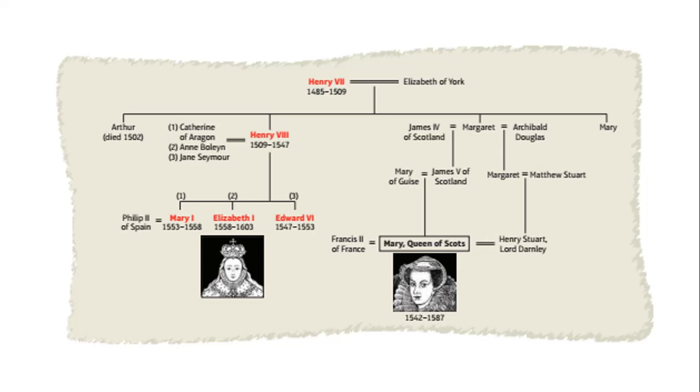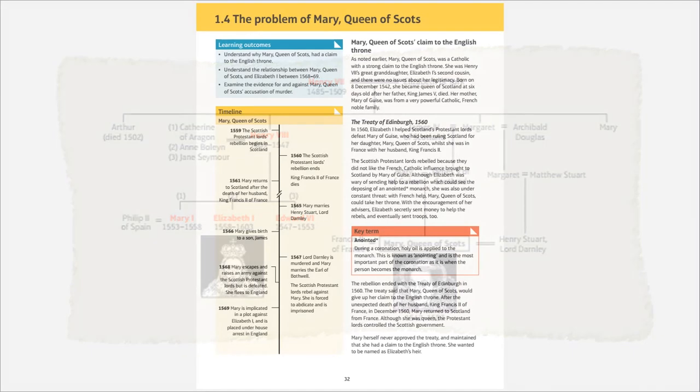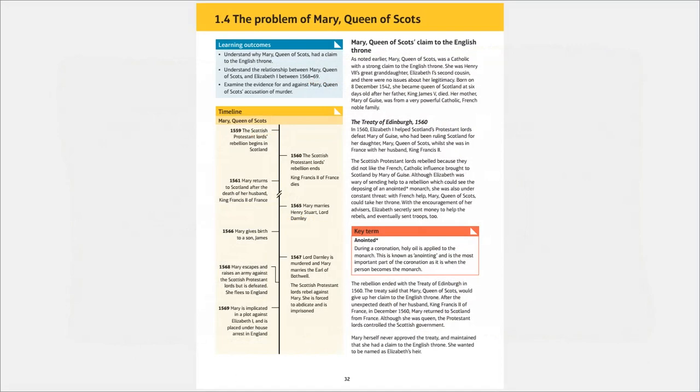You are going to use the first excerpt from the textbook, which is in your lesson notes booklet. I want you to read that, and then underneath it asks the question, why did Mary have a claim to the throne? So read this page and answer that question underneath, so you understand the background to it. I'm going to pause now and do that task.